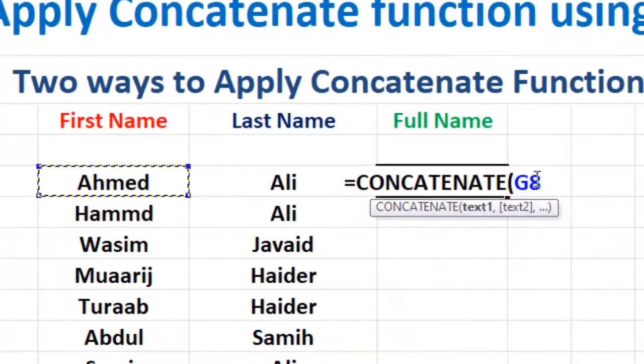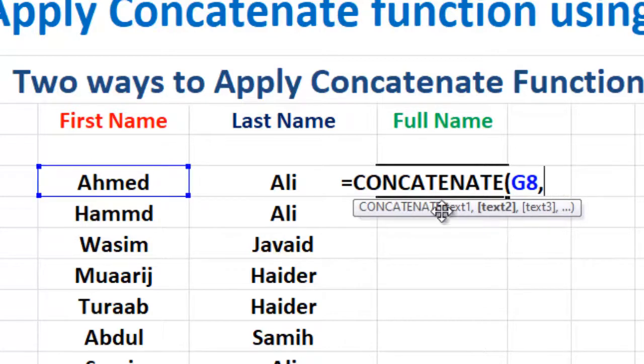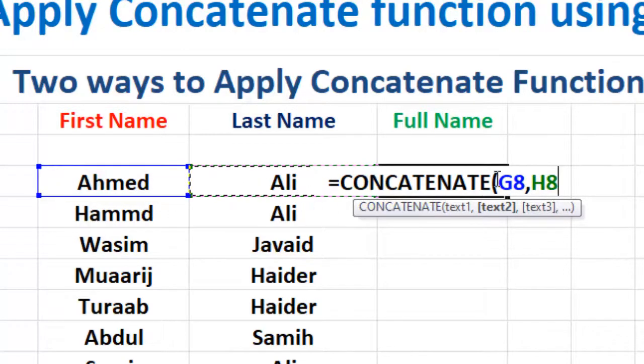I just click here and its address will appear. Now it's asking to add more parameters. I need a separator, so I will add a comma. After that I will click on the next cell. Look, it's highlighted. Now click here. Done. Now close the bracket.